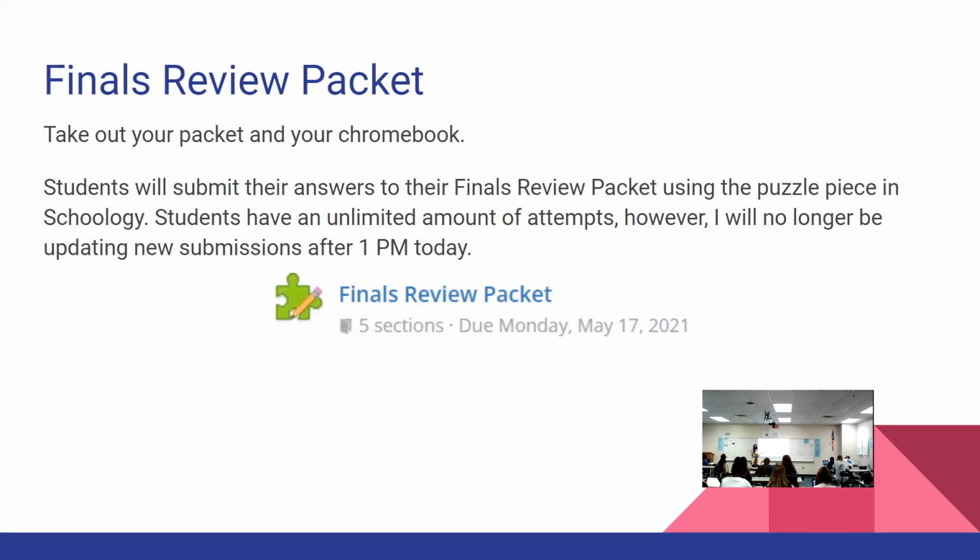I won't be checking your work on the packet. I can tell by how well you do on this puzzle piece who worked on it and who didn't, because if you worked on it, you have a lot of it right. That makes sense. Any other questions? All right, so do that. I'll give you 5 minutes just to put in all your answers, see which ones you got wrong and right. And then we will talk about one other thing and then go over the ones that you have questions on.